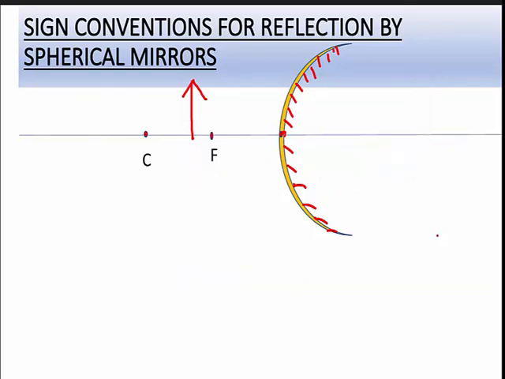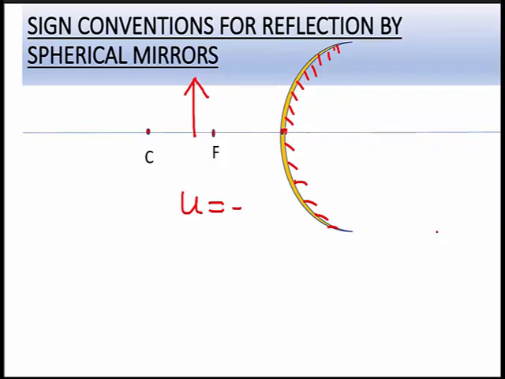Apart from that, let's say the arrow shows the position of the object. Now, we always assume that the object will be on the left hand side of the pole. If this object is on the left hand side, what should be the object distance? The object distance will always be negative. Why so? Because the object is on the left of the pole. Whereas, if the image is here on the right hand side and this is the image distance, then our image distance will be positive because the image is on the right hand side of the pole.